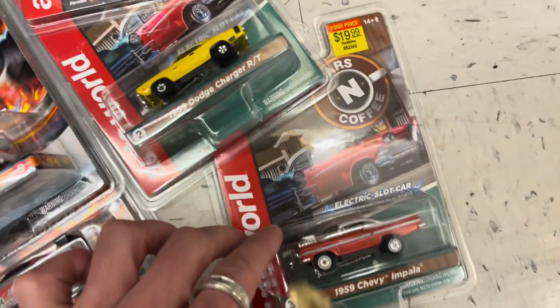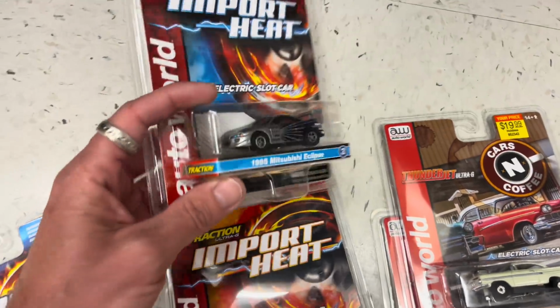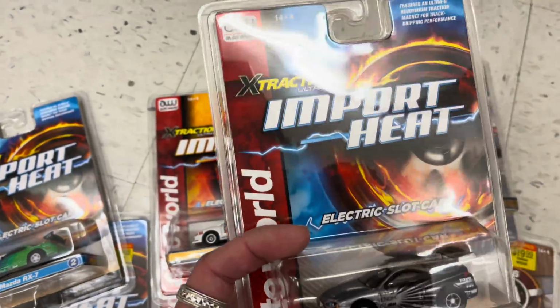We are checking another Hobby Lobby now, and I also need to get face paint. Yes, I know, face paint. Wow, we have a slew of slot cars here from Auto World, and we do collect these, of course, when they are a chase. I believe